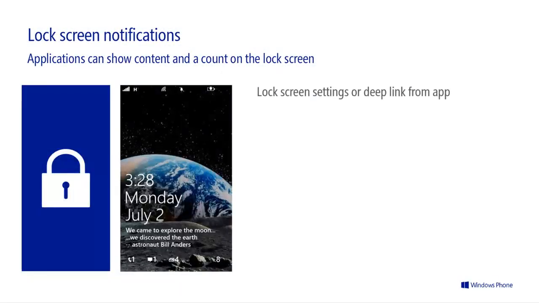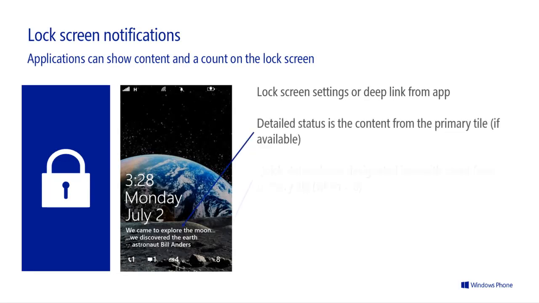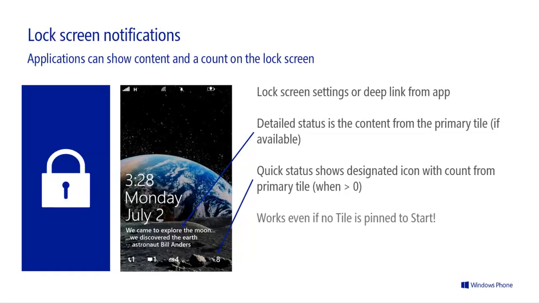Lock screen. This was added in 8. The ability to change all these different components on the screen. Detailed status. Quick status. And you can't force this on the user. Like I said, you can't ever force the user or spam the user. What you have to do is adopt a dynamic prompting style in your app whereby, on some event basis, you decide to prompt the user and let them know you have certain functionality. And then you can give them a button to implement it if you want to, but you have to leverage it in this sort of soft pedaling way. And it's always wise to let people know.